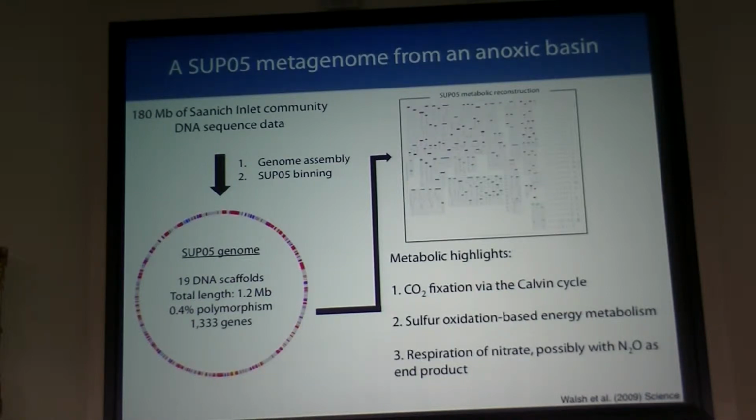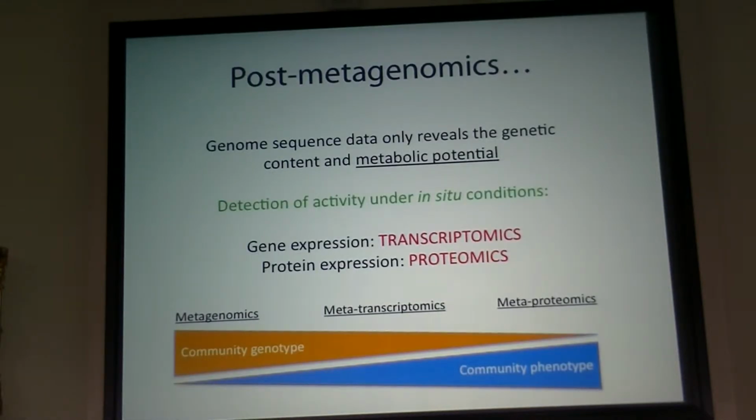And so nitrous oxide is a potent greenhouse gas that is produced in these oxygen minimum zones, and this might be an organism that's actually responsible for that. Okay? So that's the idea of how we can use metagenomics to describe the metabolic potential of these organisms. Okay,